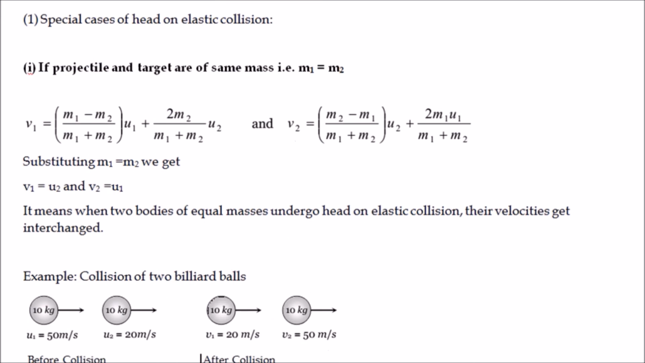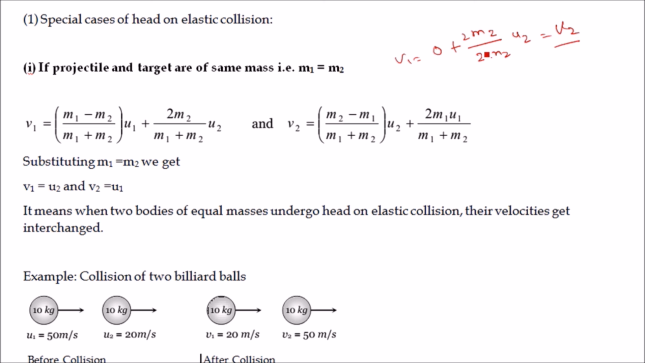Now we will learn special cases of elastic collision, and first thing is that if the projectile and target are of the same masses, that is both colliding bodies are of the same mass, that is m1 is equal to m2. So if m1 is equal to m2, then the first term will become equal to 0, and if I put m1 equal to m2 in this equation, then you see that v1 is equal to 0 plus twice m2 divided by twice m2 into u2,